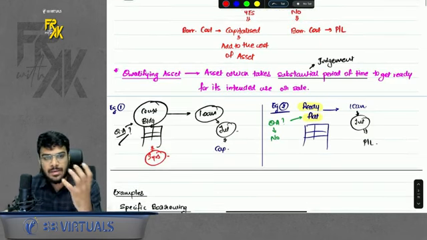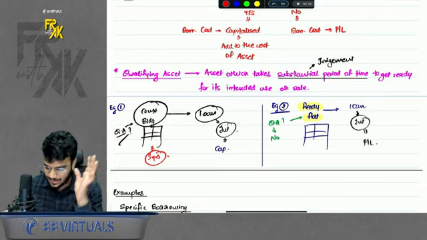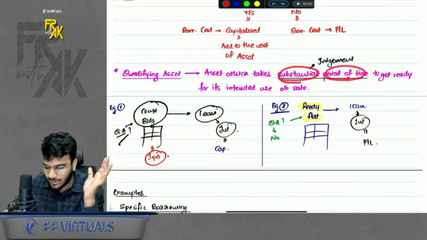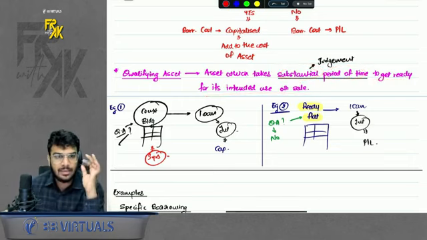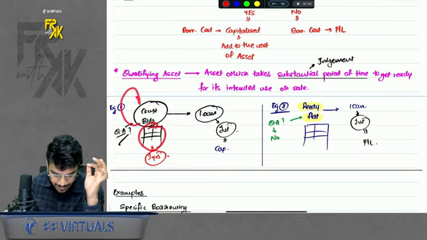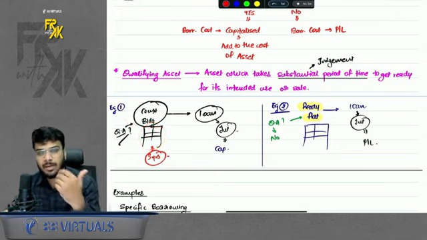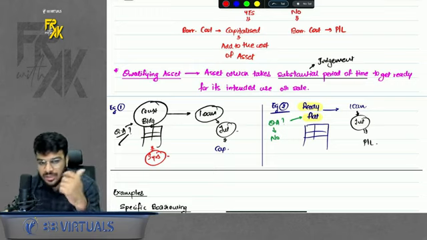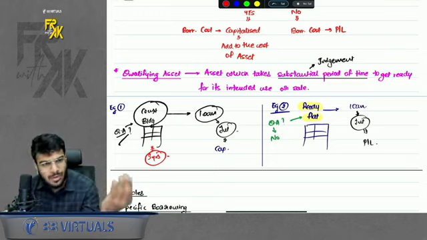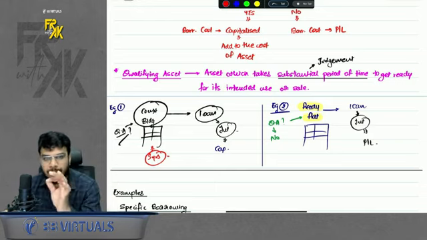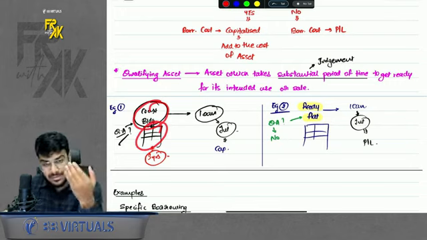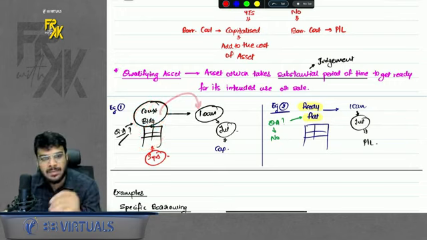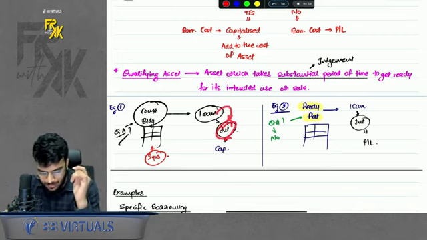Now the question is, what is the meaning of qualifying asset? Qualifying asset is any asset which takes a substantial period of time to get ready for its intended use or sale. What is the meaning of substantial period? It is a matter of judgment. That means any asset which takes time to get built, for example, you are constructing a building by yourself. It will take some time, maybe 12 months, 2 years, 3 years. That time is known as the substantial period of time to get ready for its intended use. So if you are constructing a PPE by yourself and you fund the expense through a loan, the borrowing cost on that loan can be capitalized.